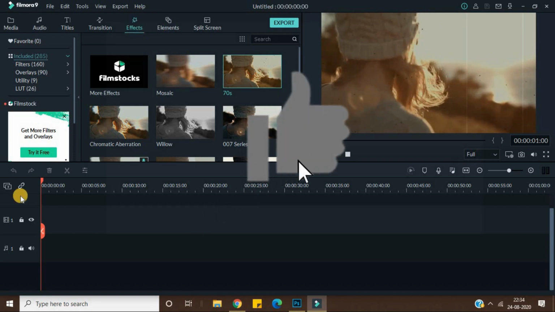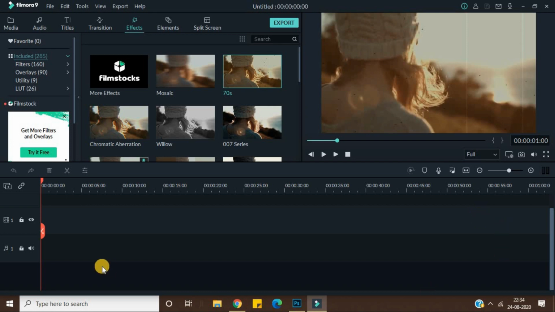And after that, the most important thing is this timeline. You will use this timeline throughout your video editing process in any software. This is the most important thing, as this is the thing on which you will edit your video, like the basic things like splitting the video or cutting the video or editing audio or things like that.